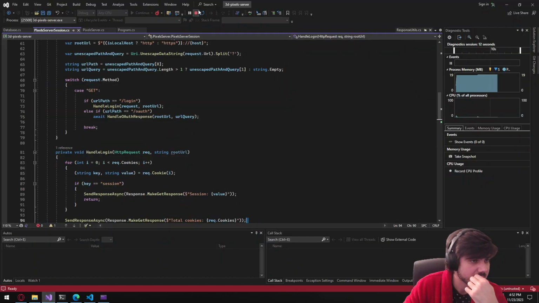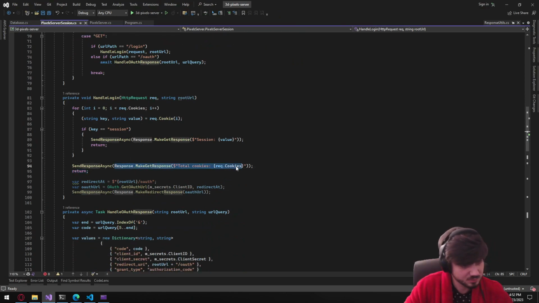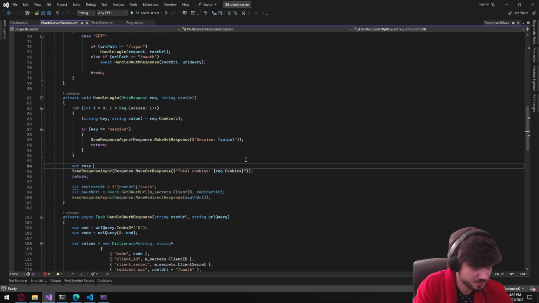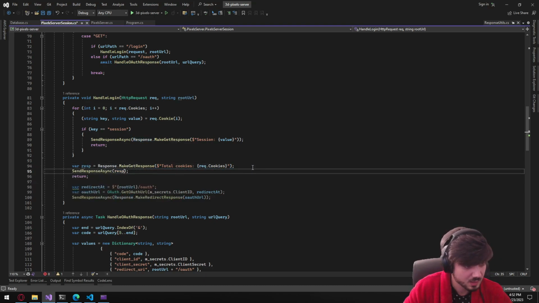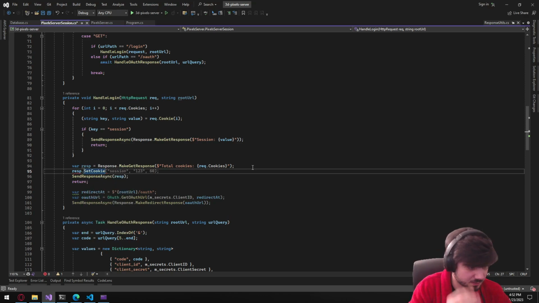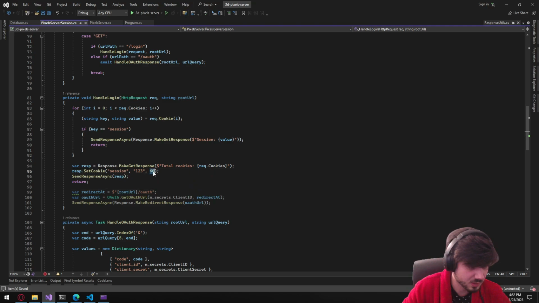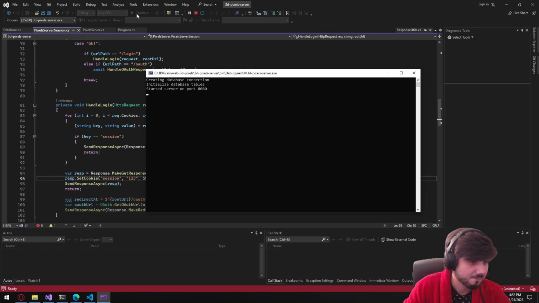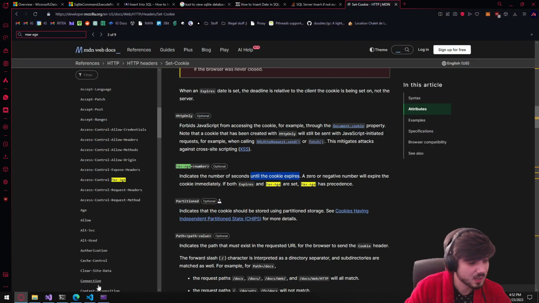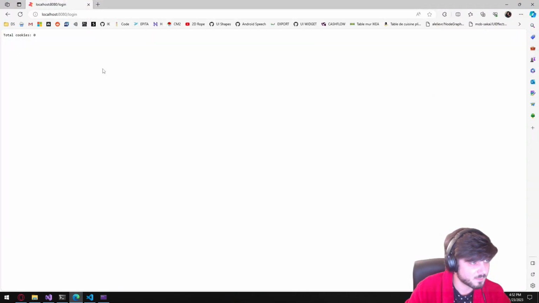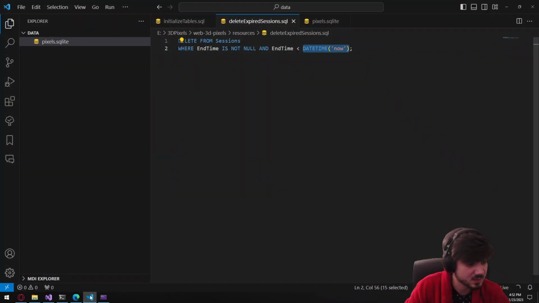Why is it 0? Let's play a bit with this. Let's say var response equals this, and then let's go ahead and set cookie. Cookie name, 1, 2, 3. Let's put a little bit more in terms of seconds, and let's log in again. But every time we refresh, we have 0 cookies, yet we should be seeing 1, because every time I receive this,